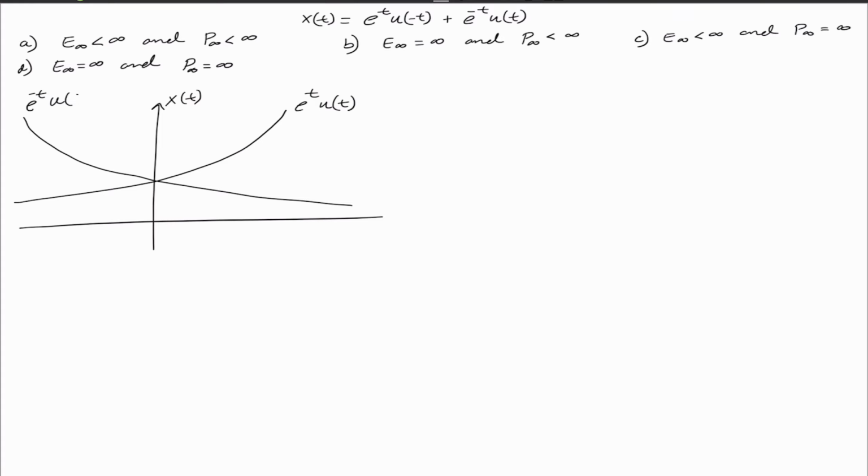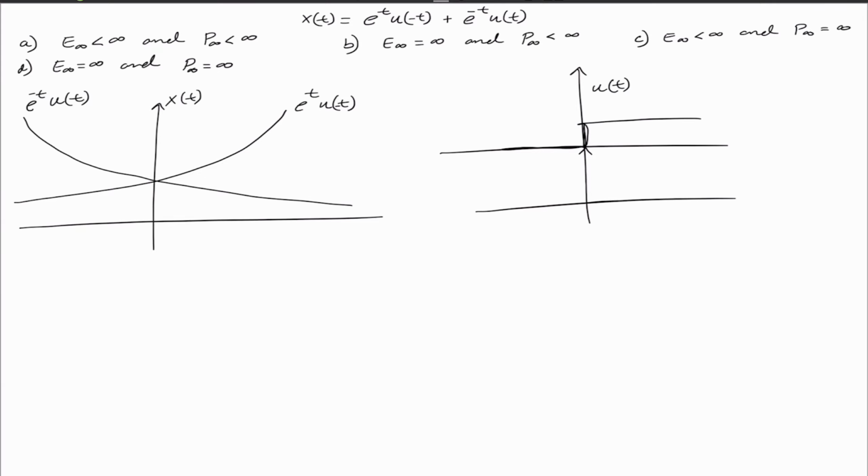So thus we change this around, and we change this around. In this case, I'm just going to do this quickly. The first one in this case is u of t, and the second one in this case is u of minus t. It is the reflected version. I think I said inverted, but you could call it inverted. U of minus t is the reflected version of u of t,